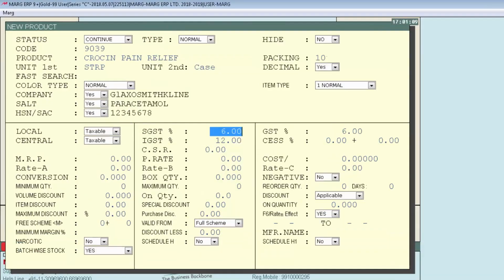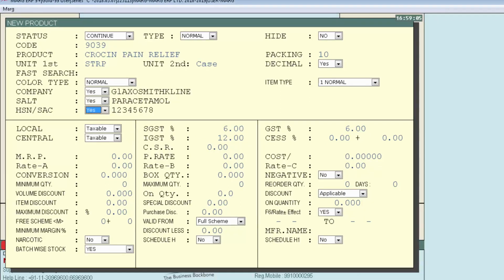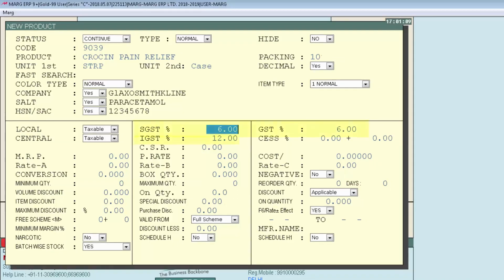Then is tax percent. The software will auto pick SGST, CGST and IGST on the basis of your HSN code. That means if you have selected the HSN code of this item, then the software will automatically pick the tax percent here on the basis of the tax defined in that HSN.